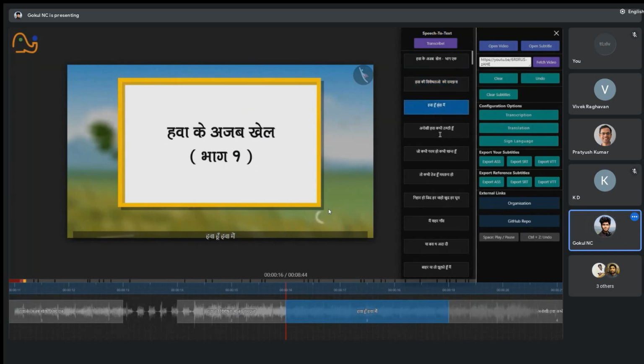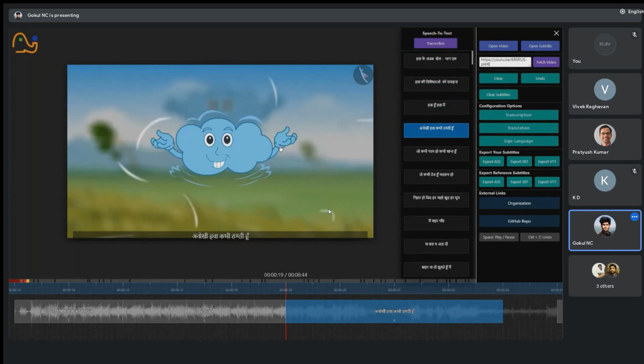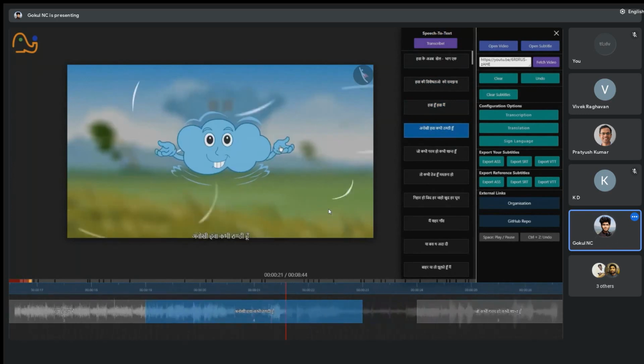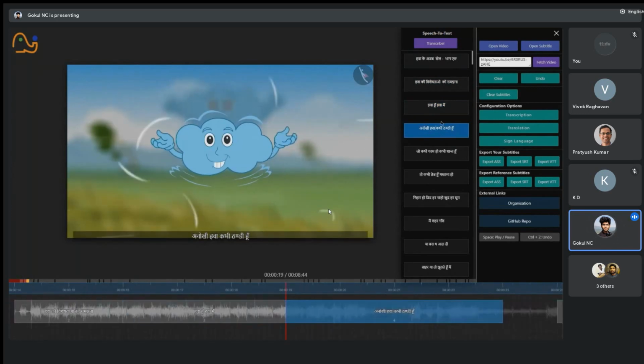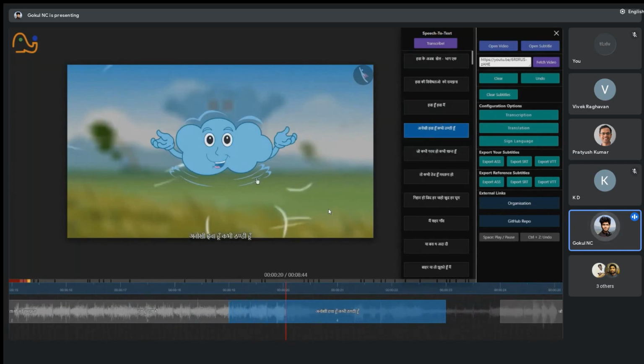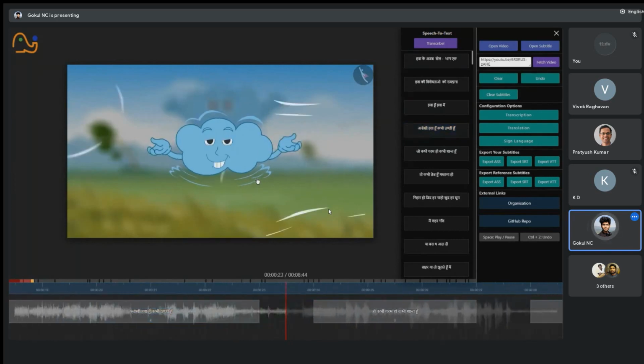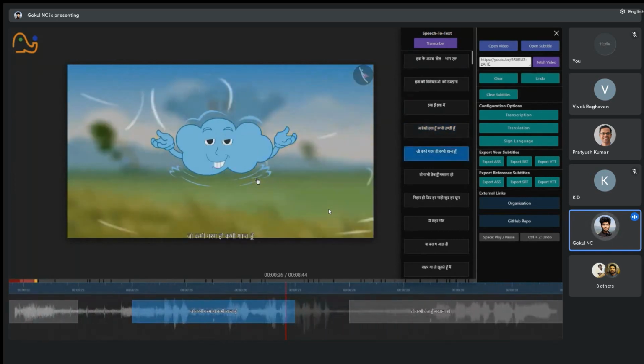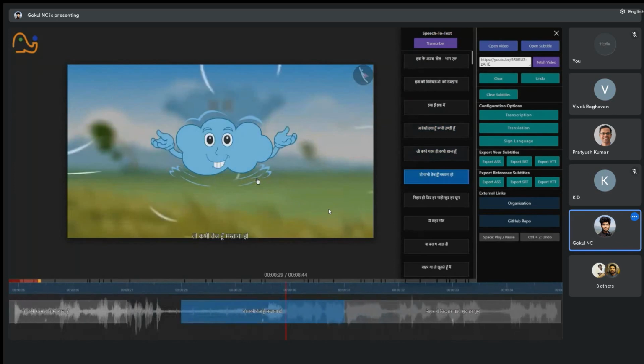The third caption looks correct. मैं अनोखी हवा हूँ। कब... The word "who" was missed here. मैं अनोखी हवा हूँ। कभी ठंडी हूँ तो कभी गर्म हूँ, कभी शांत हूँ तो कभी तेज हूँ।